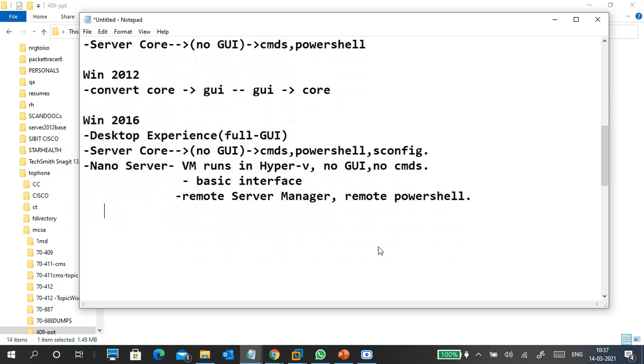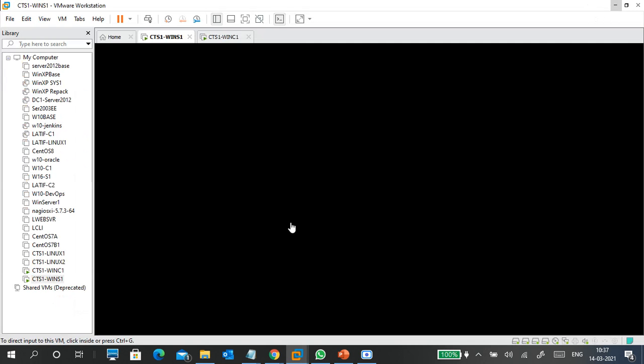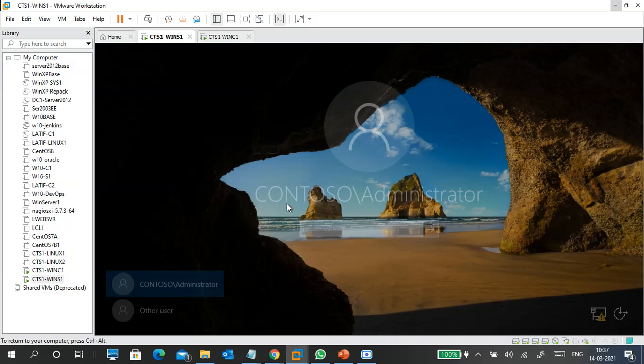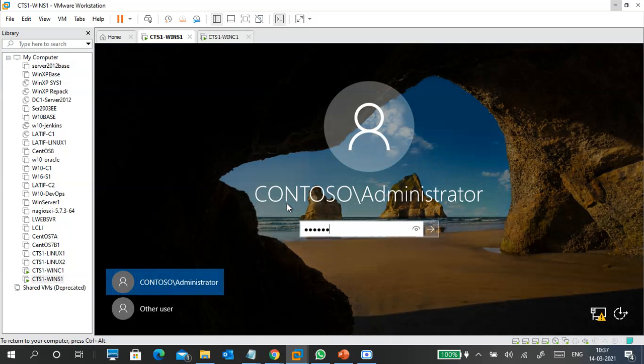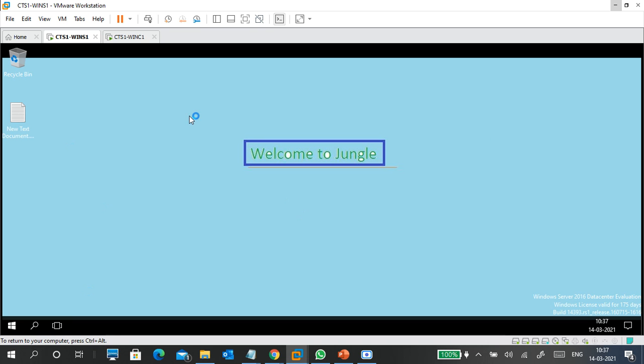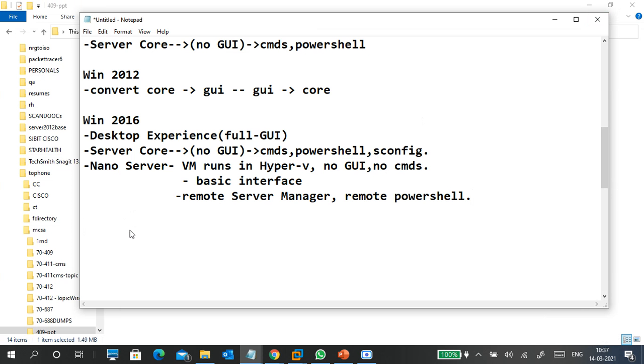What is the advantage of Server Core? Server Core is fully managed with CMDs. It means no desktop. Like this, you can't see the desktop. This one you are able to see. Normally, how you see a server, you can't see at that server. So that is core. Like you are getting this much screen, a server manager and everything, but in a Server Core, we are not getting it. So understand, guys.